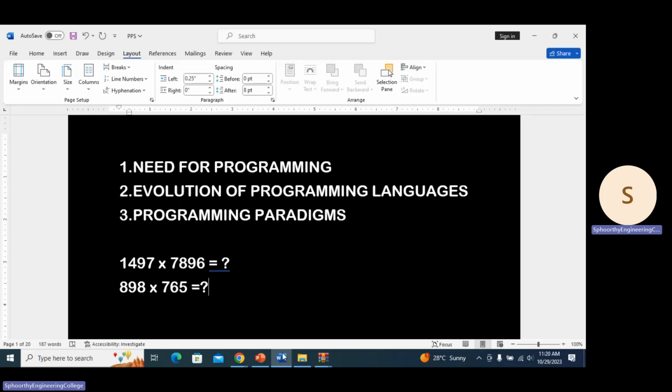Suppose I write a computer program and use it to perform multiplication. Irrespective of the size of the numbers, whether it is a 2 digit, 3 digit or 4 digit number, the computer will give you the answer immediately. Computers are very, very fast and accurate. A computer will not give you a wrong answer, right? So friends, the moral of the story is, let me make this statement about computers.